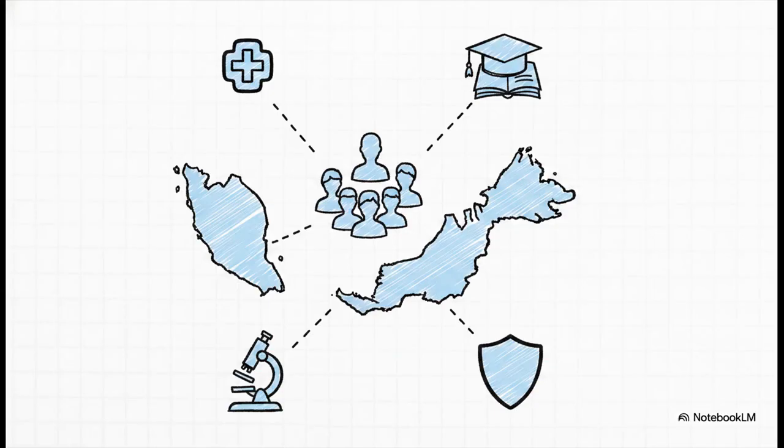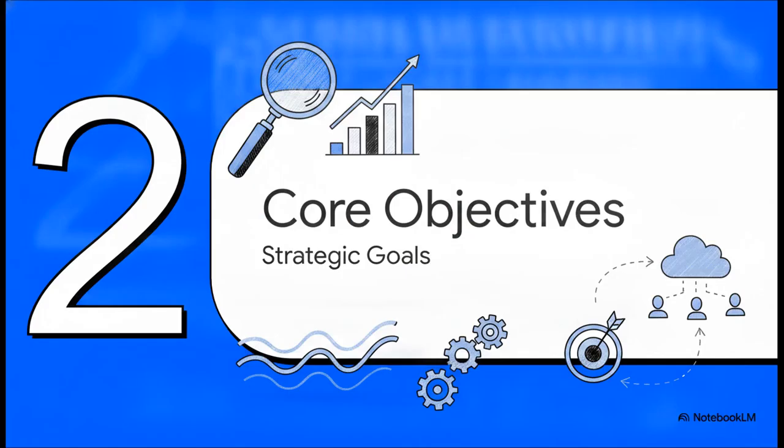So who exactly is this for? Well, the explicit goal here is to comprehensively map out the current medical physics landscape by inviting participation from physicists across every single professional sector in Malaysia. Whether you're working in a clinical setting, academia, research, or regulatory bodies, the initiative aims to capture a truly complete picture of the current workforce and its various specializations. Understanding exactly where professionals are stationed and what they focus on is a crucial first step in building a solid national network.